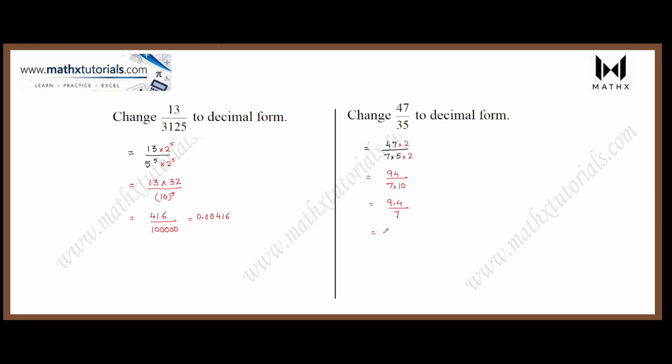Now, when we divide by 7, it becomes very easy for us to divide. And so we get 9 ones are 9, 0.24, 7 threes are 21, 30, 7 fours are 28, 2 and 8 and 5. And then if it says round it off to 3 decimal places, it will become 1.343 and so on. So this is the best way to change a fraction to a decimal form when the denominator has